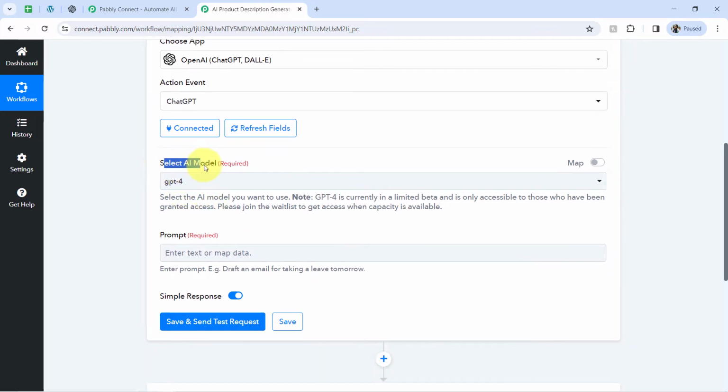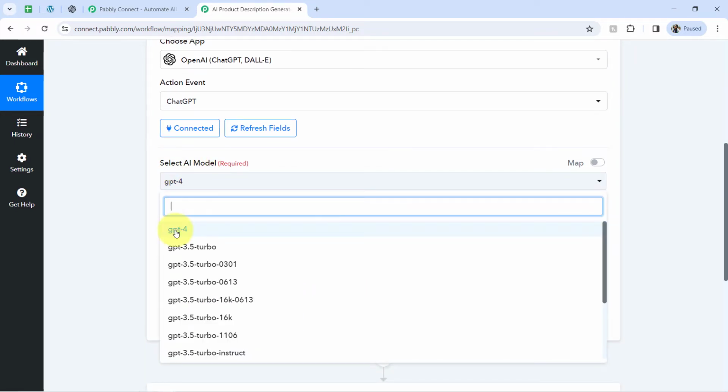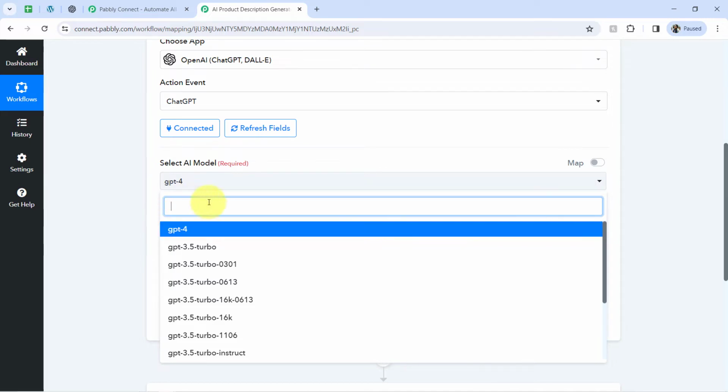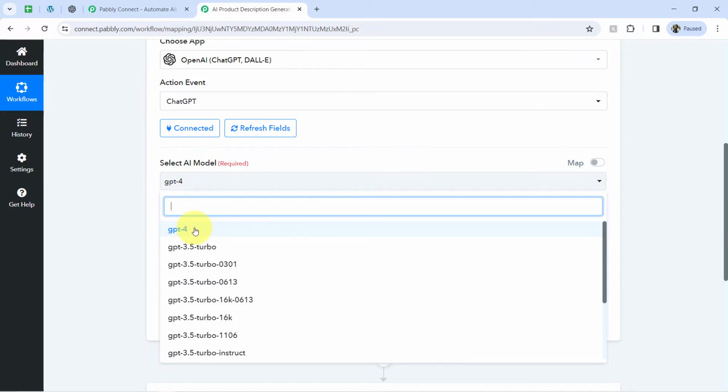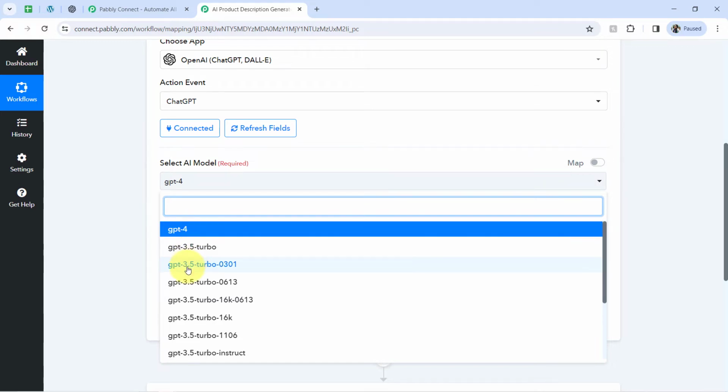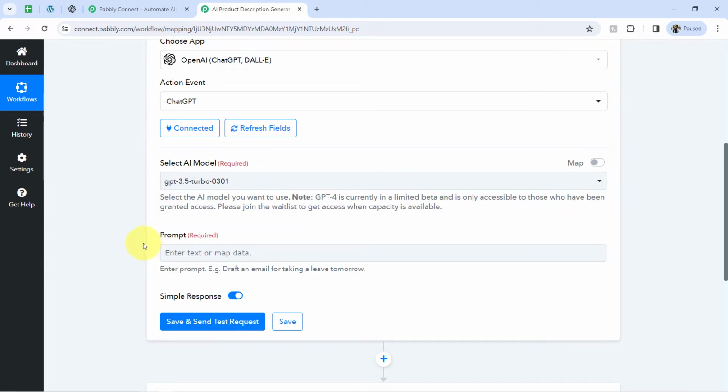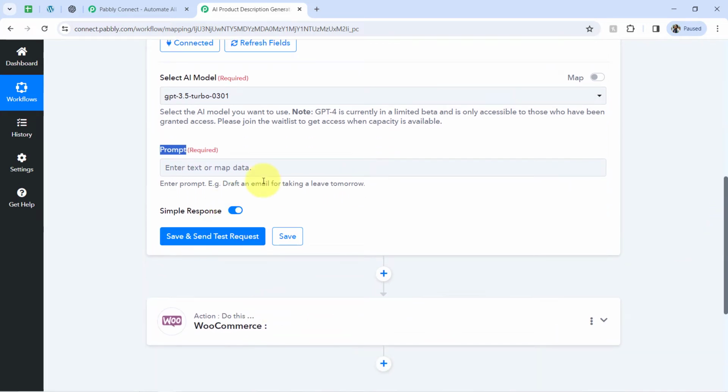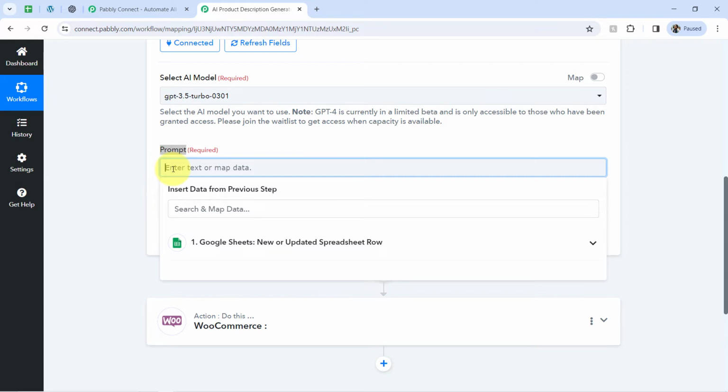And now it is asking to select the AI model. So if you have a paid version, you can also go with this GPT-4 model, but I am using the free version only, so I will use this 3.5 turbo only. And now it is asking to provide the prompt, basically the instruction, what exactly you want this OpenAI to do. Okay, so currently I would like to generate the description for my product, so my instruction will be similar,